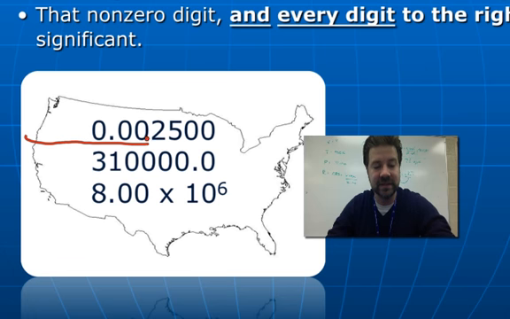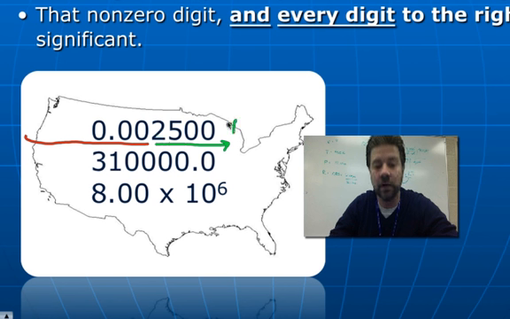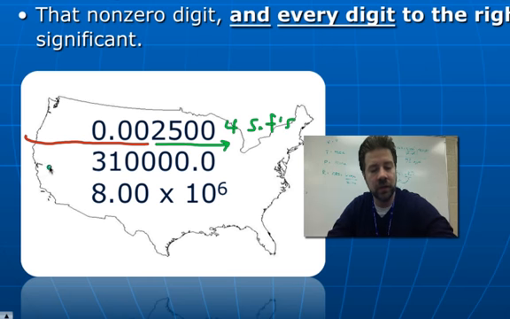I'm going to stop right there because I see a 2 coming next. So this 2 and every digit to the right of it is considered significant. So that's 1, 2, 3, 4 sig figs. Okay. Our second one here, our number is